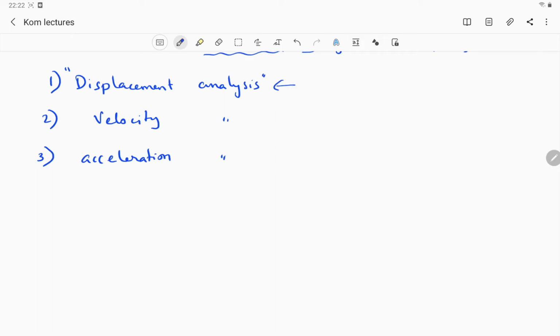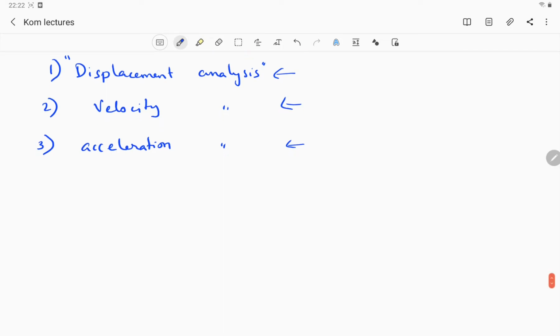And the relation between input velocity and output velocity will be discussed in velocity analysis, and similarly we will discuss the relation of input acceleration to output acceleration in acceleration analysis. Now let's begin with displacement analysis. In that, we will discuss a very simple